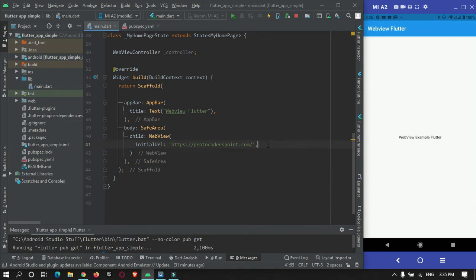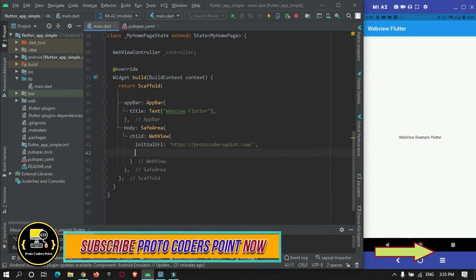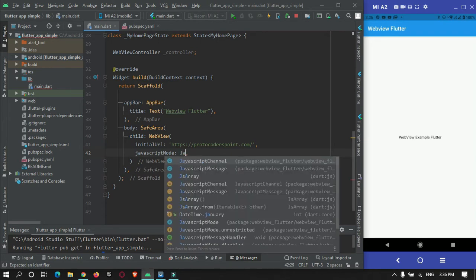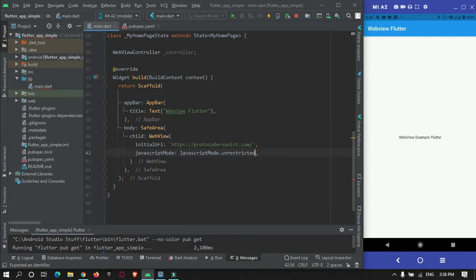So this is the initial URL, and then to make this web view work successfully, you must enable the JavaScript mode. JavaScriptMode.unrestricted.